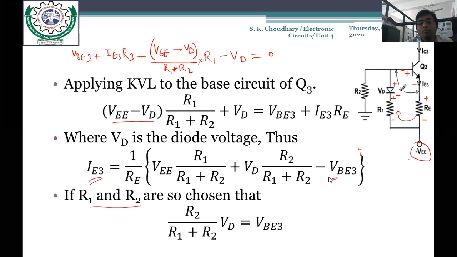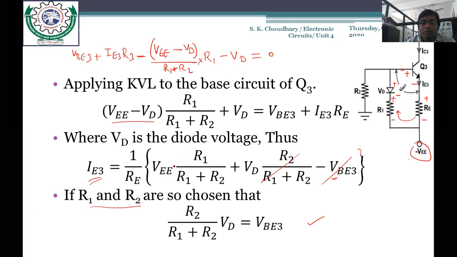To cancel the effect of VBE3, we adjust R1 and R2 so that R2 upon R1 plus R2 into VD equals VBE3. What would be the effect of this? These two terms would cancel out, so the only term remaining is